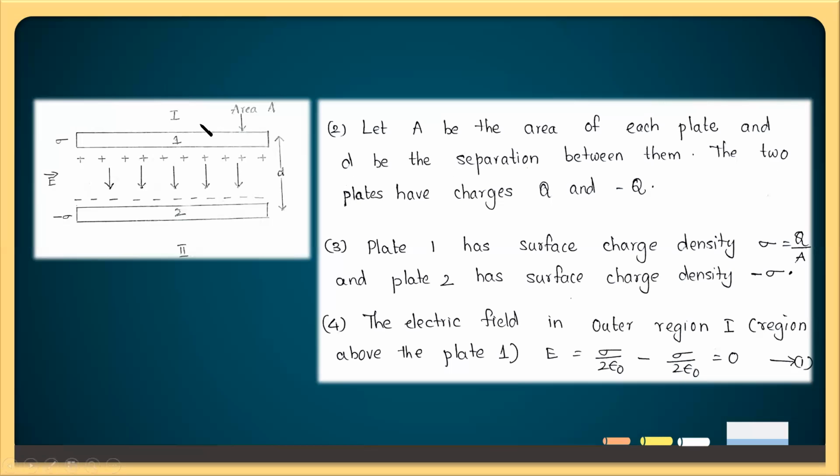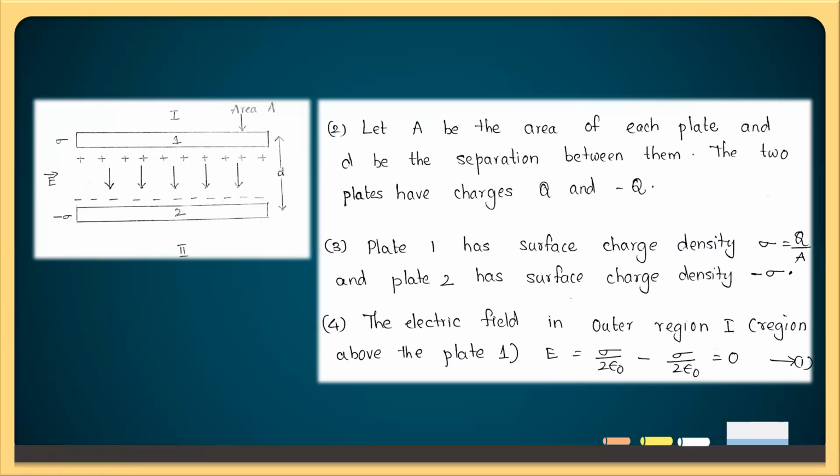Sorry, let's go back to the previous slide. By mistake, it has gone to the next slide. So if you see here, for the negative charge, the electric field is always inwards, that is from the upper side to the lower side. For the positive charge, lower to upper. For the negative, it is upper to lower. They both cancel out each other.